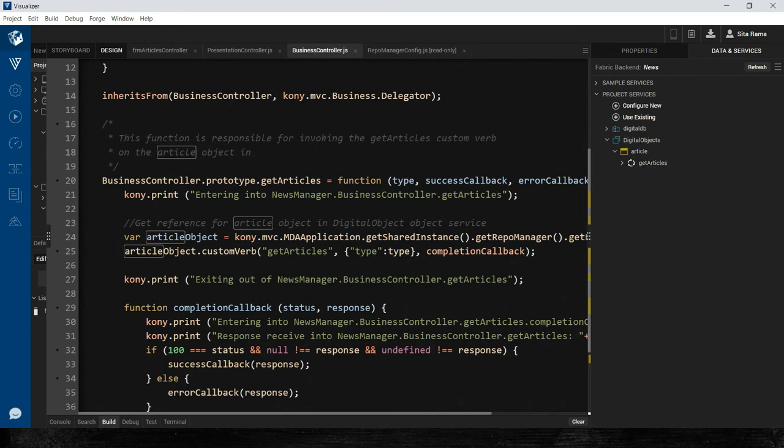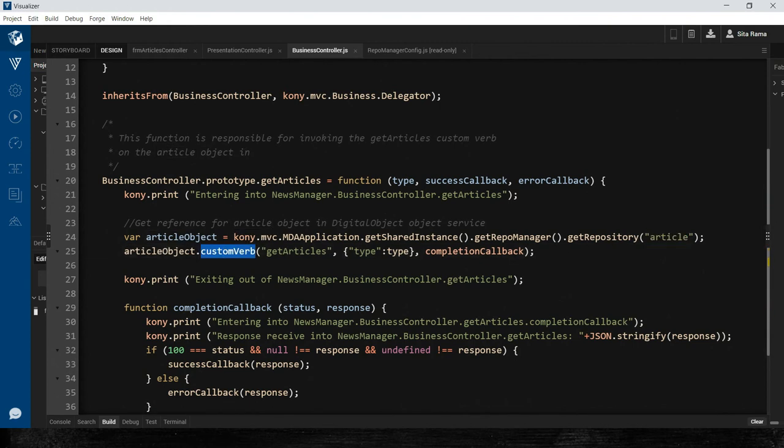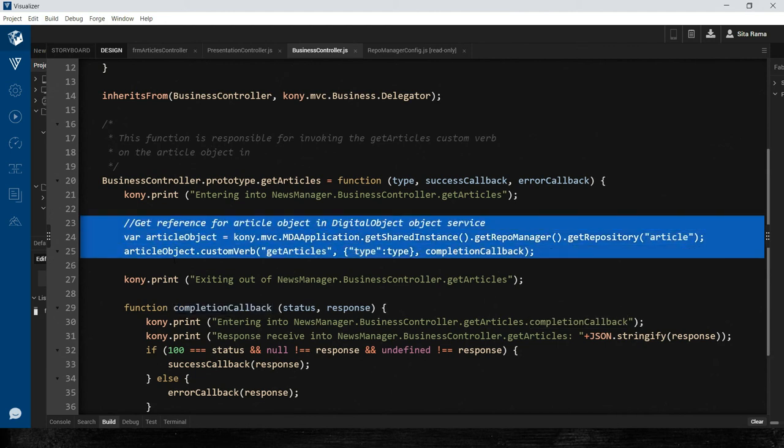So using this custom verb API, we are passing the name of the custom verb that is defined on the articles object, and the second parameter are the input parameters that we want to send to this custom verb, and the callback function, the completion callback function, which should get executed after the business controller receives a response back from the Fabric layer.